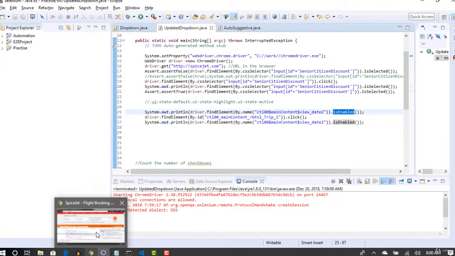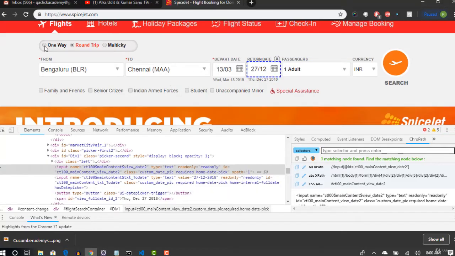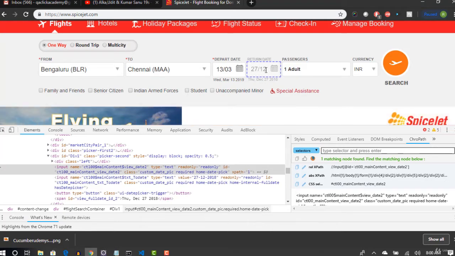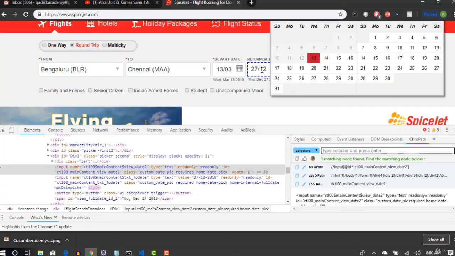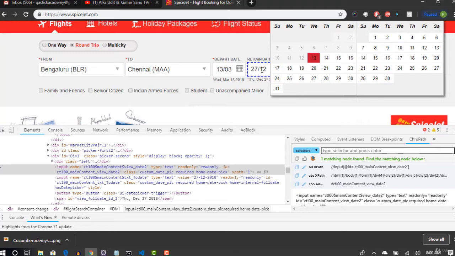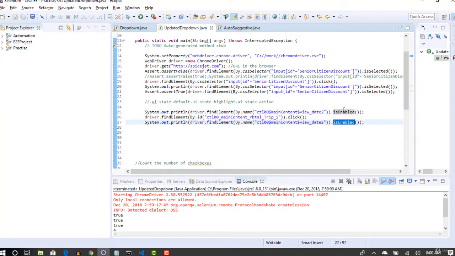So how do we handle this if we are not able to perform this? And I can also tell you the reason why Selenium is failing to tell if it is enabled or not. When something is disabled and you try to click on it, that should not work. Okay, but in the latest websites, in the current technology, though it looks disabled from a UI perspective, when you click on that, it gets enabled. Okay, so that is why Selenium is confused.